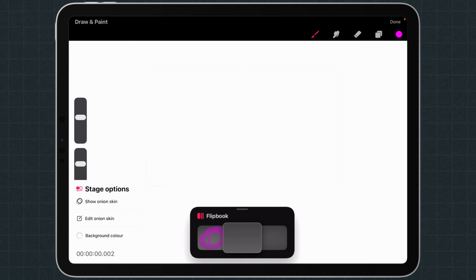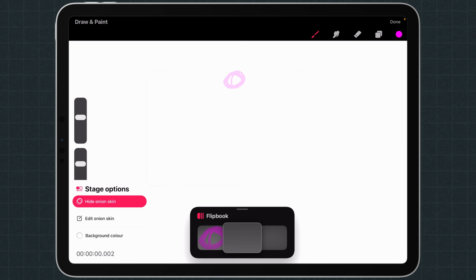Well, you can have a thing called an onion skin. So if I press down here on the timecode, bottom left-hand side, you'll get your staging options and your onion skin options are there as well. So I can go show onion skin and that will show up. Now an onion skin is effectively the ghost of the previous frame. So it's not there on the new frame, but it gives you a reference point of where that element was so that when you're moving to the next frame and animating it, you can sequence it out.